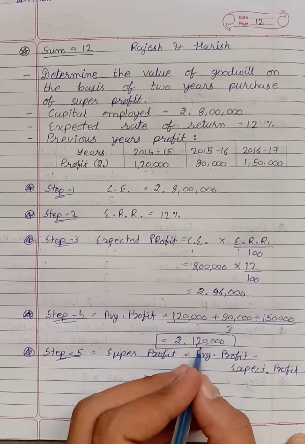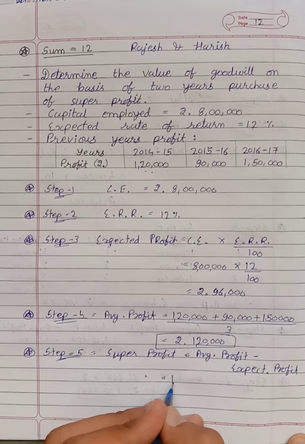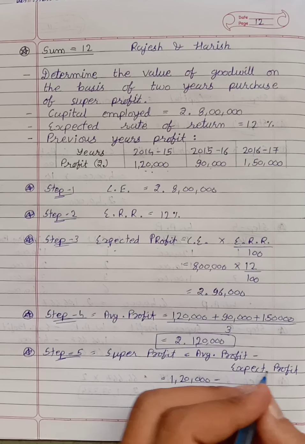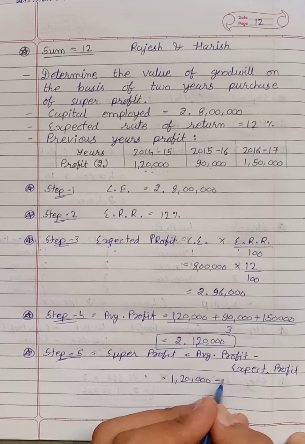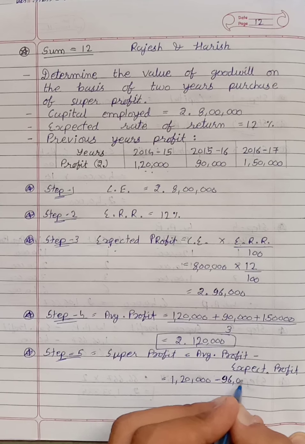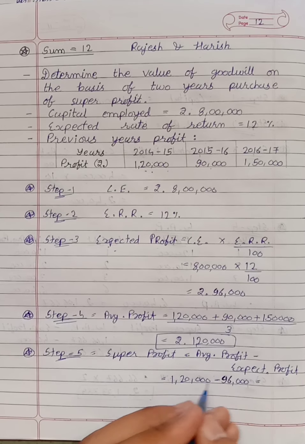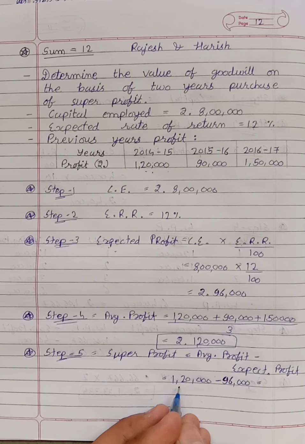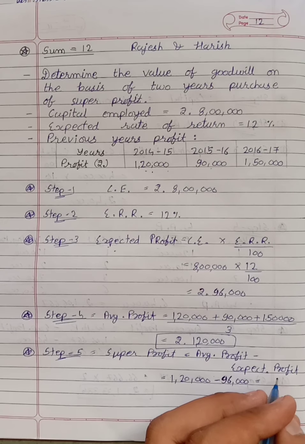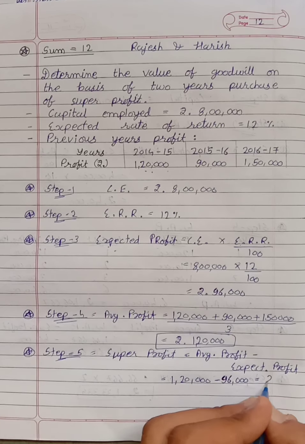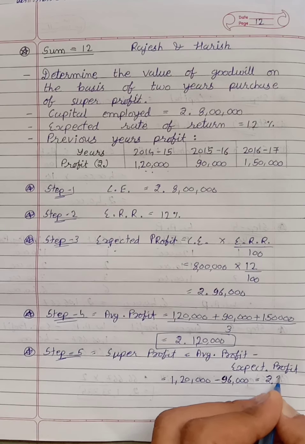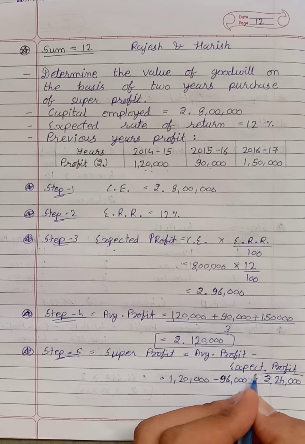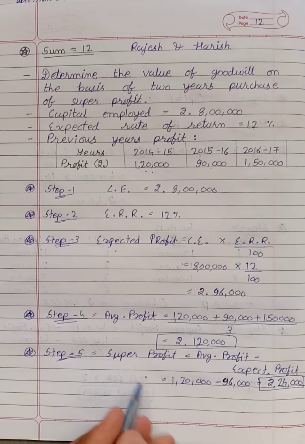So average profit from step number 4 is 1,20,000 minus expected profit 96,000. So after subtracting this value, our answer is rupees 24,000. हमारा आंसर क्या होगा स्टूडेंट्स? सुपर प्रॉफिट का